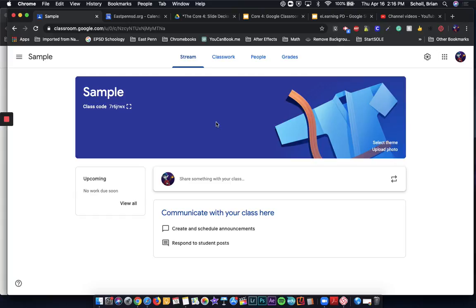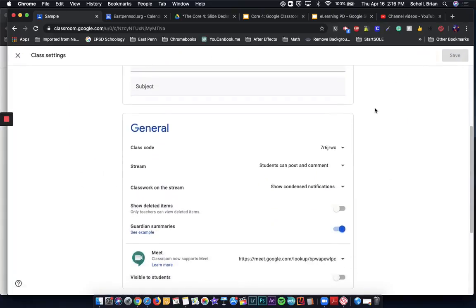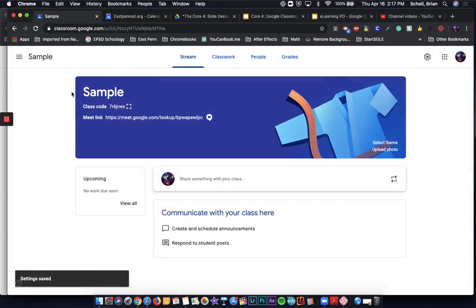So the first thing you do to set that up is go into your class settings, and when you scroll down, it gives us our class code, and then you can see some information. Now there's a section about Meet. Right now, you can see that it is not visible for students. So if this is the first time I was in here, it would say generate Meet link. It would give me one, and then I can turn it on for students. You can see by me doing that and hitting save, when I go back to the class, here is a